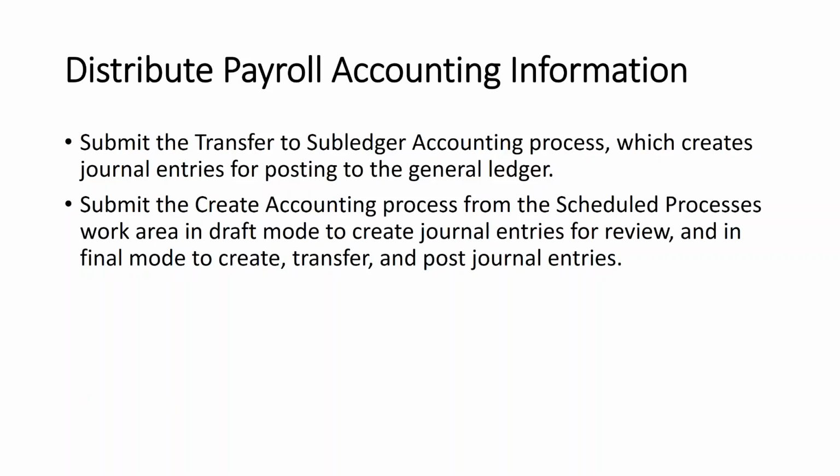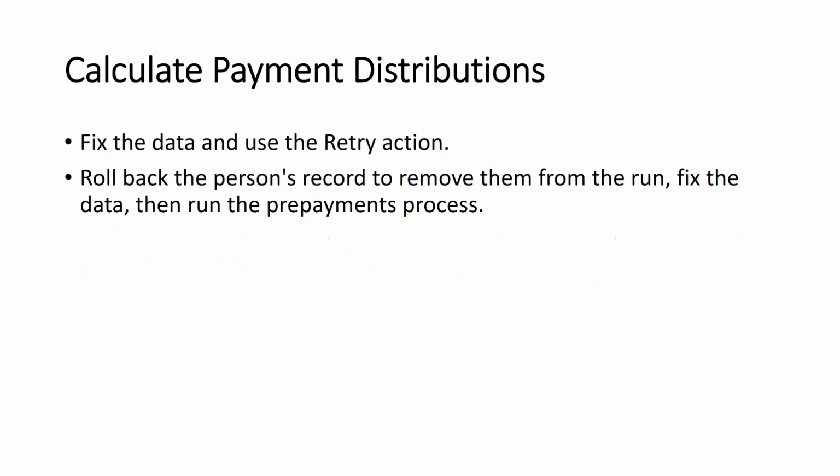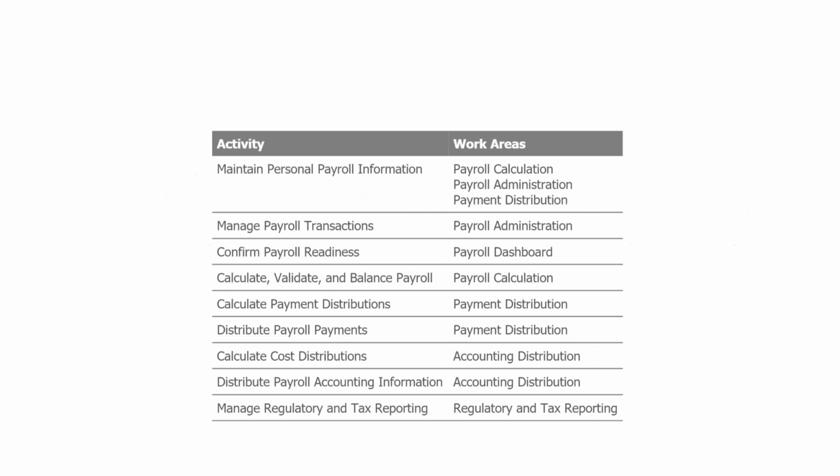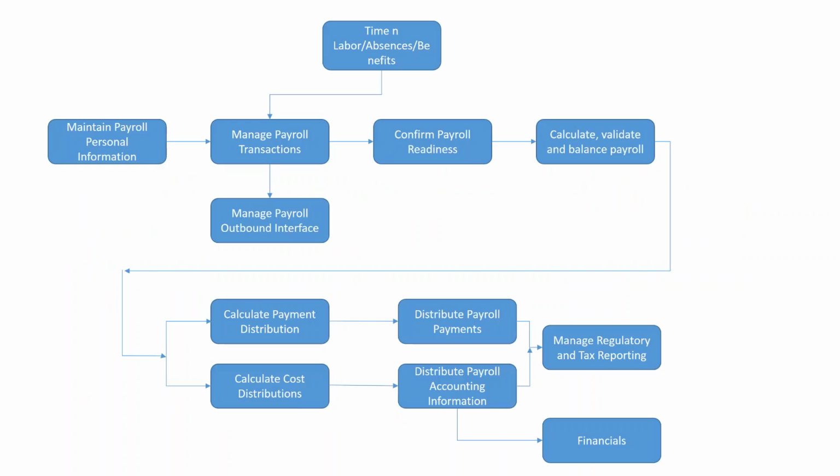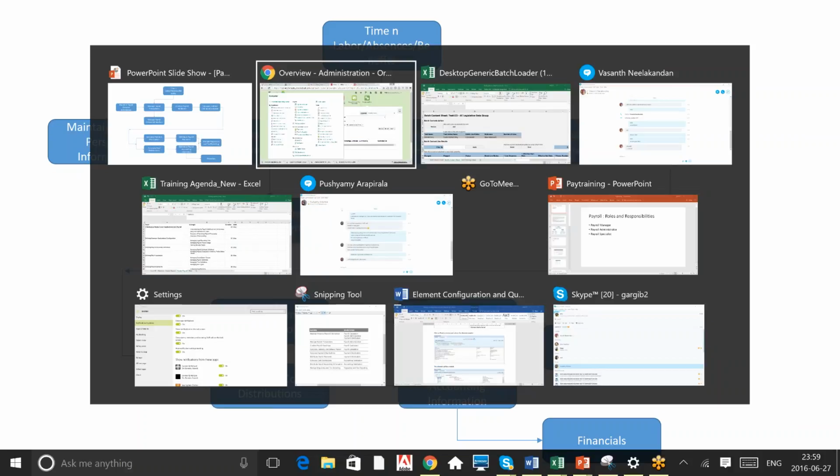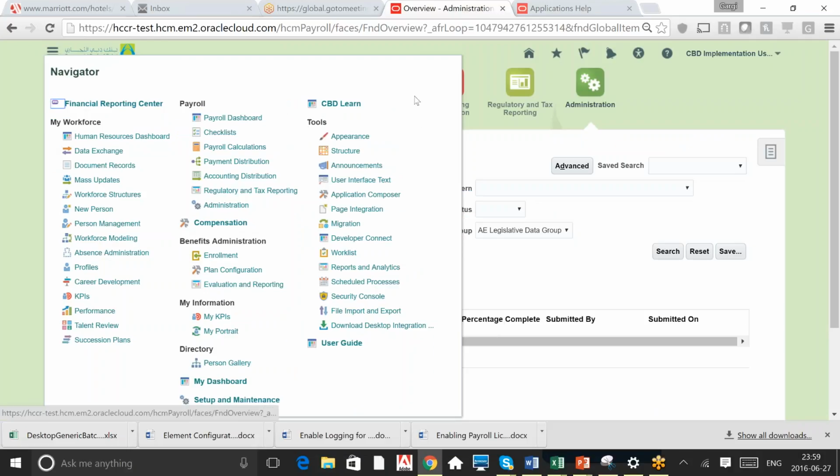Okay, so just going back to this screen. I will show you the process name for each of these boxes from the system, so that tomorrow when we do the next session, we can just pick up an employee, run each of the processes and see the results. So now if you go to the payroll calculation work area,